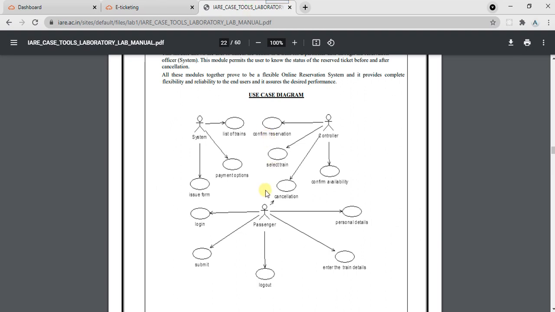Now if we want to rename this, what we can do, let's see.